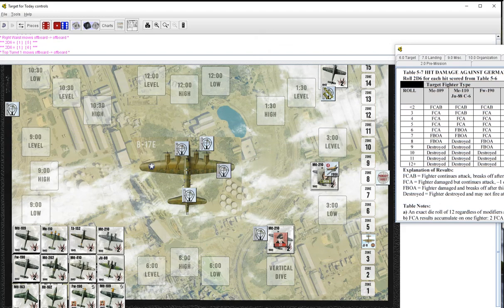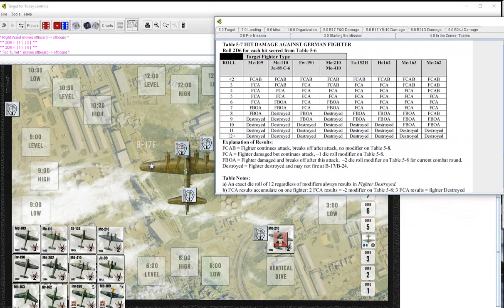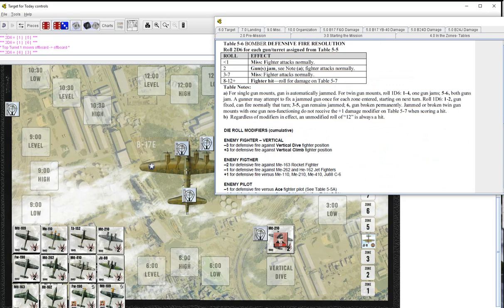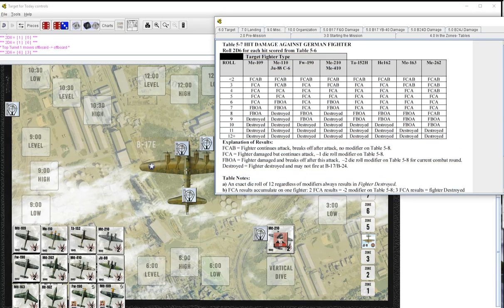Alright, and we're going to come down here to the ball gunner. He's going to add 3 for a vertical climb. Add +1 for the power turret, that's 4. -1 for the ace is 3. He's going to have a hit against an ME210 also. Just going to roll straight on the 210 chart. 3. That's going to be an FCAB. Okay,